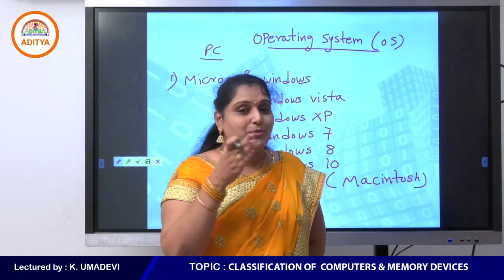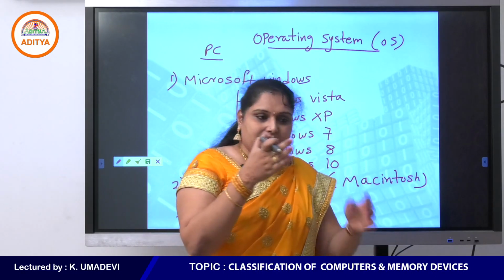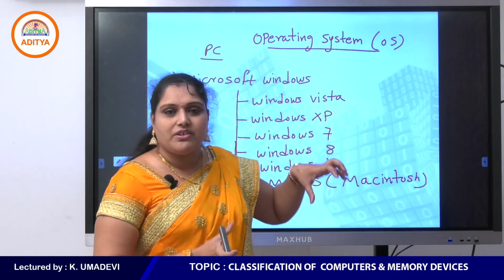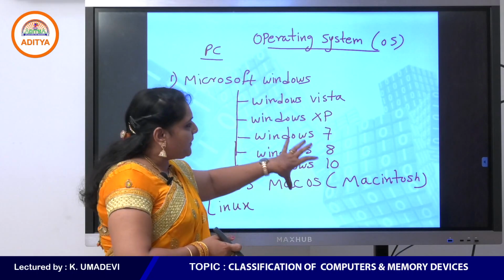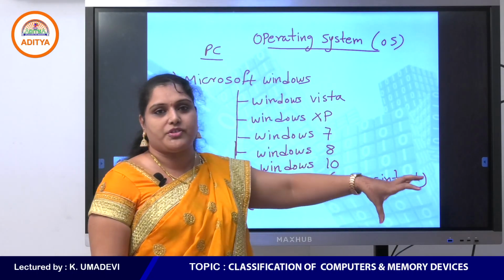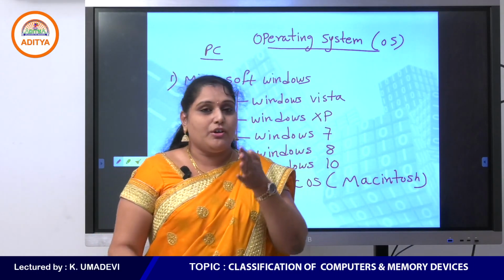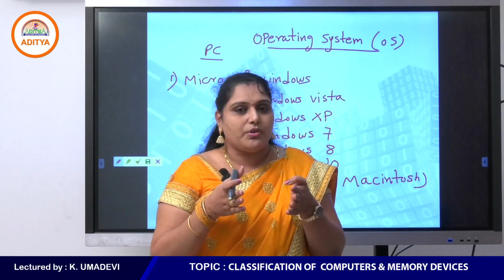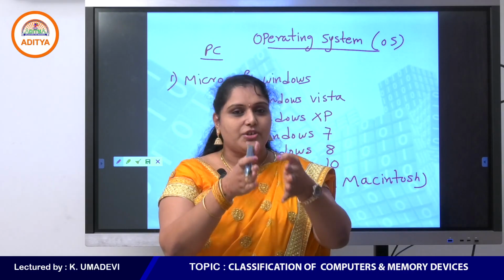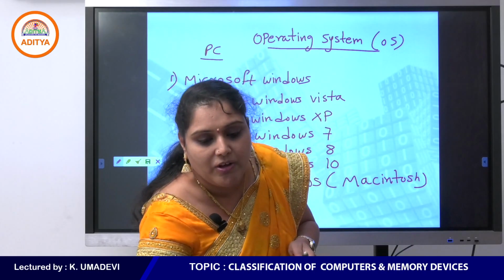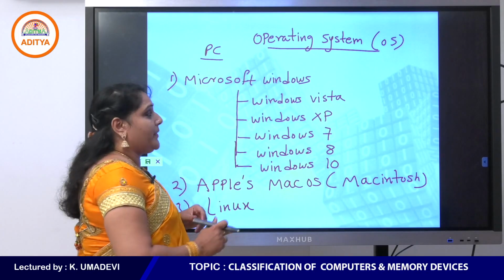Okay, when coming to mobiles, see, personal computers, laptops and notebooks are the same. So these operating systems are used in laptops, desktops or notebooks. But phones and tablets are different from laptops and desktops. Am I right? So different types of operating systems are used in mobiles. Can you tell me a few examples of mobile operating systems?